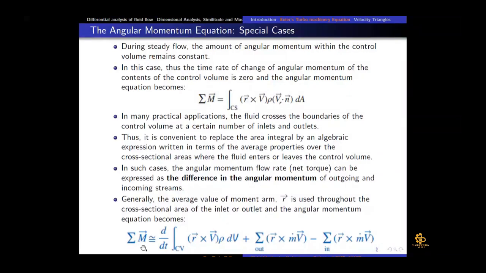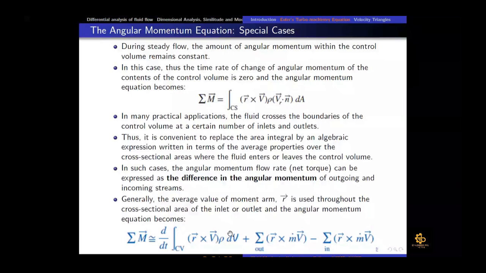like this, that is, m-dot into r cross V. V dot n would be positive, so that outflow term is with the positive sign here, and V dot n would usually have a negative value for inflow. So here they have shown it with a negative sign, because we are talking about the net flow out of that control volume. So this first term, the unsteady term, which is the rate of change of angular momentum within that control volume, would be equal to 0 in case of steady flow,